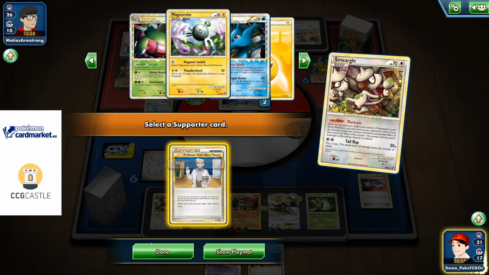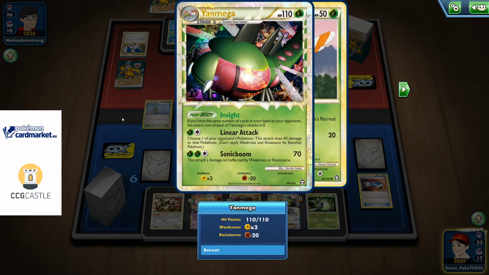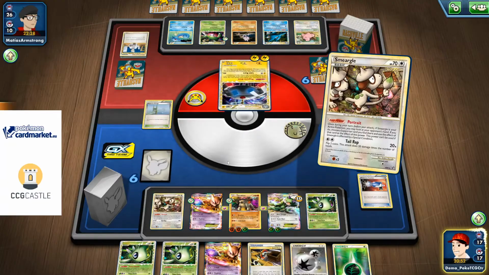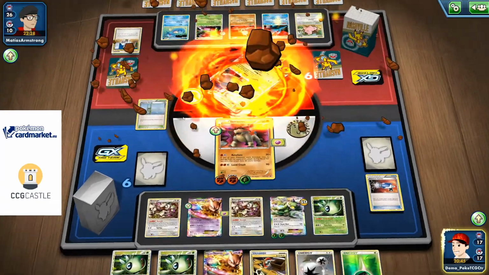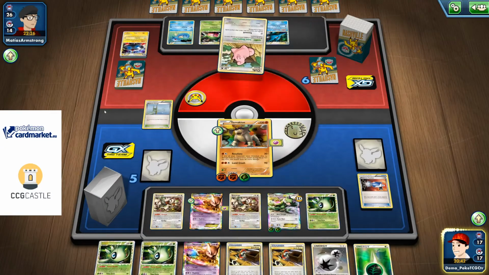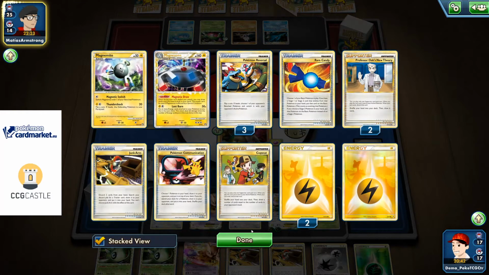Quick inspection of my opponent's hand. Sooner or later this Yanmega will start sniping my bench, and I really want to avoid that. So let's go with the Land Crash for 180, just because of the weakness on this Magnezone. Magnezone was actually really a huge threat for me, because it has...